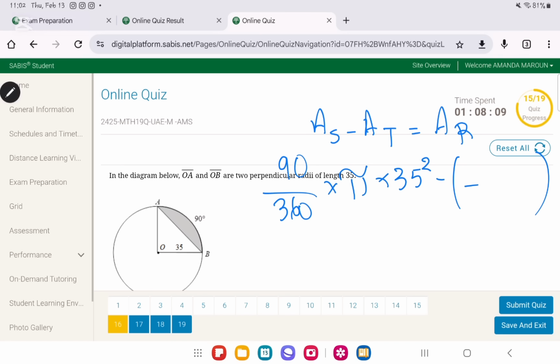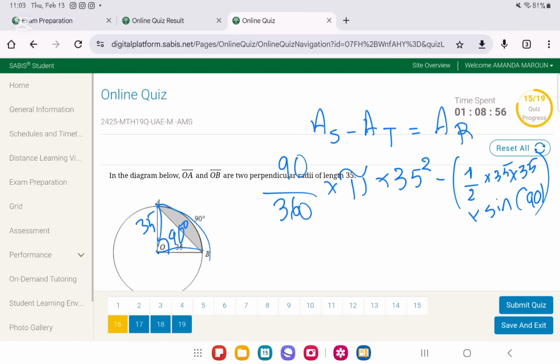Again, you're going to use the sine rule. So we know that this is 90 degrees. How do we know? Because the length of the arc is the same as the central angle, which is 90 in this case. So minus 1/2 times side. So this is 35 over here and 35 over here, because they are radii, times sine the angle in between them. So if you put it on the calculator, okay,